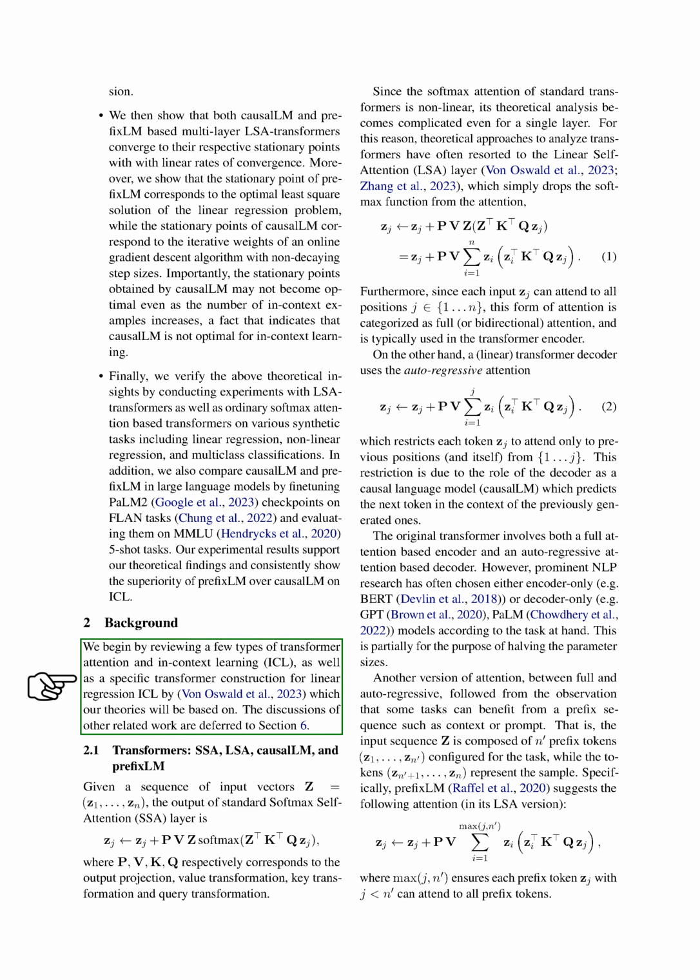Section 2 Background. Let's start by discussing a few types of transformer attention and in-context learning, ICL, as well as a specific transformer structure for linear regression ICL, which will form the basis of our theories. We'll talk about other related work later. Transformers come in several types, including softmax self-attention, SSA, linear self-attention, LSA, causal language models, CausalLM, and prefix language models,